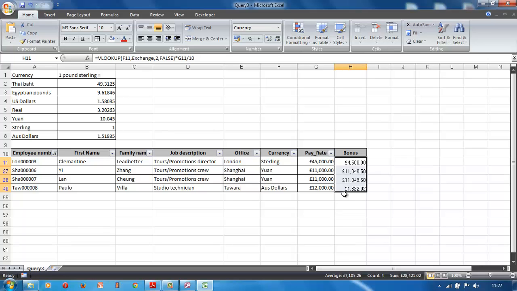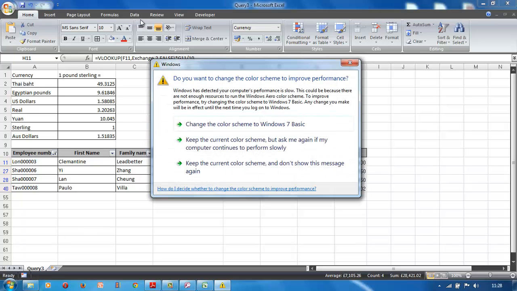Now remember, you can see all pound signs and think, oh, my formula is wrong, but it's not. This is yen and this is US dollars, and it's done it with pound sterling. So you've got to get the yen sign here and the yen sign there. These figures are right, your formula is right, but you've got to put yen in here and yen in there, and Australian dollars, and then that'll be 10% of that. So don't get confused. Don't say my formula is wrong. All you've got to do